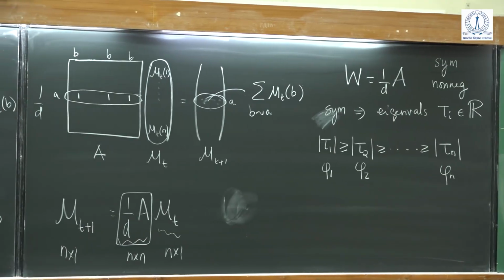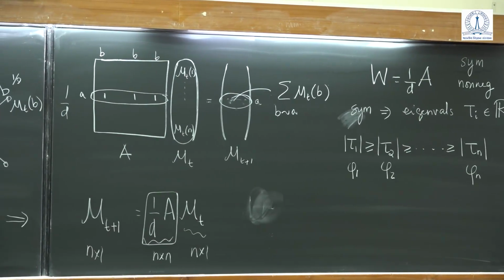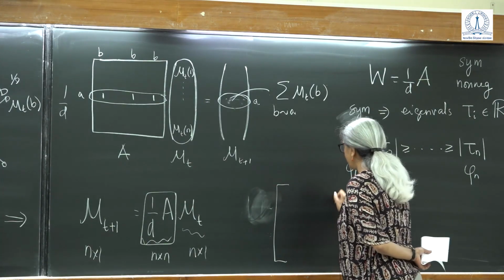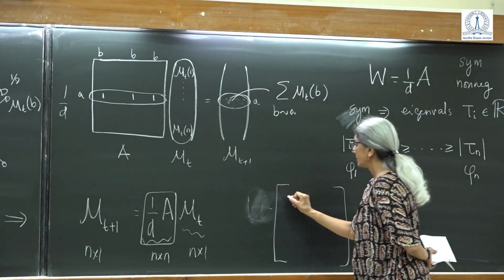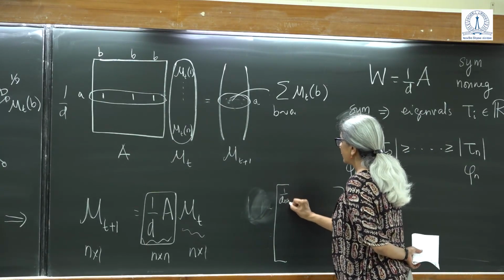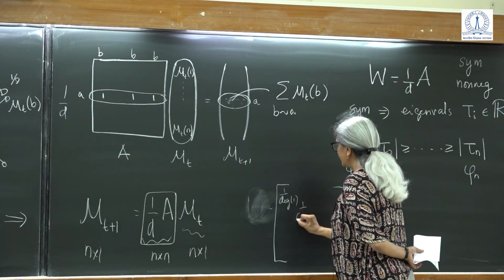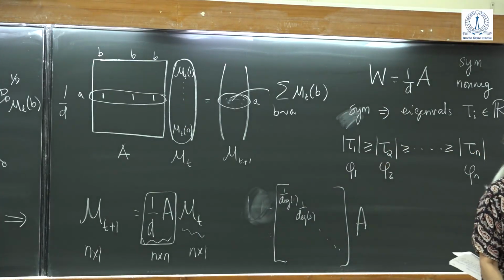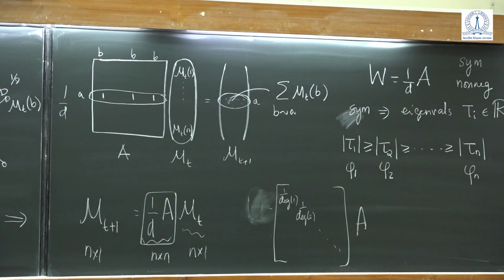So what is happening matrix-wise, do you see? Pre-multiplication of some diagonal matrix. Say again roughly? Pre-multiplication of some diagonal matrix with 1 by b. Yeah, exactly. So what is happening is that you have to pre-multiply the A matrix with 1 over the degree of 1, 1 over the degree of 2, and so on. So these may all be different, okay? And now what property gets destroyed immediately of the properties you just told me about 1 over dA? Symmetry goes away, okay? So it's not a symmetric matrix. You cannot guarantee